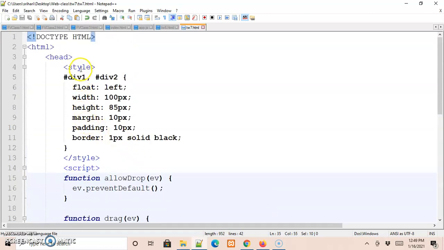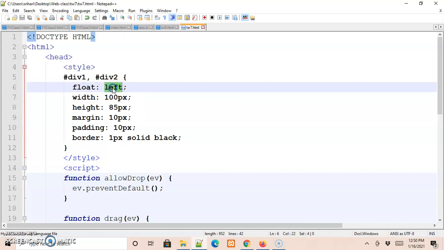So here it is. I have the style, and for #div1 and #div2, it means I'm trying to apply these CSS rules for the HTML elements with the ID division1 as well as division2. For these two divisions, we are setting them to be available at the left of the web browser.